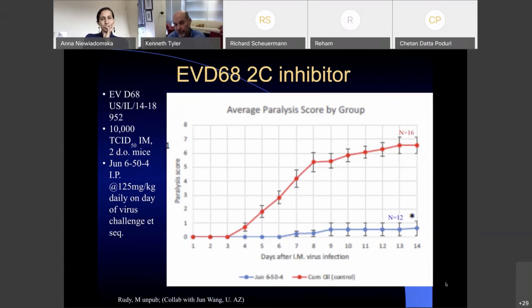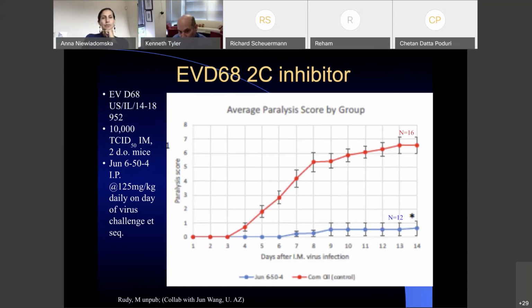I'll probably make this one the last one in view of the time, but I just wanted to show you that we've also worked with Jun Wang, who's very interested in targeting the viral 2C protein, which again, Anna mentioned in her introduction. And one of the best results that we've seen for an antiviral compound comes with one of these compounds that they've developed that targets the 2C protein called